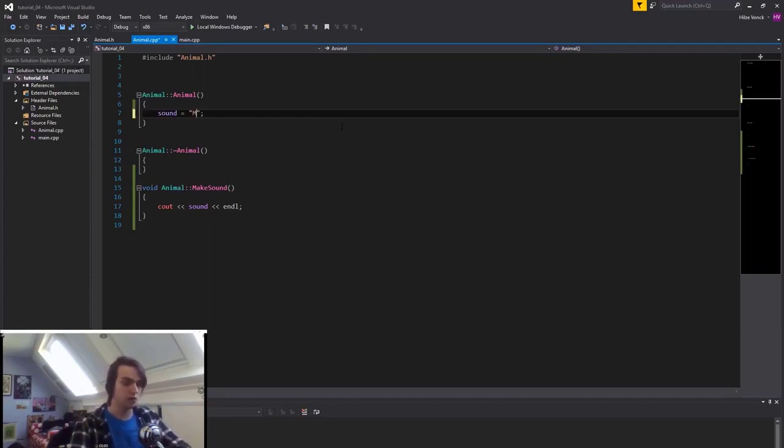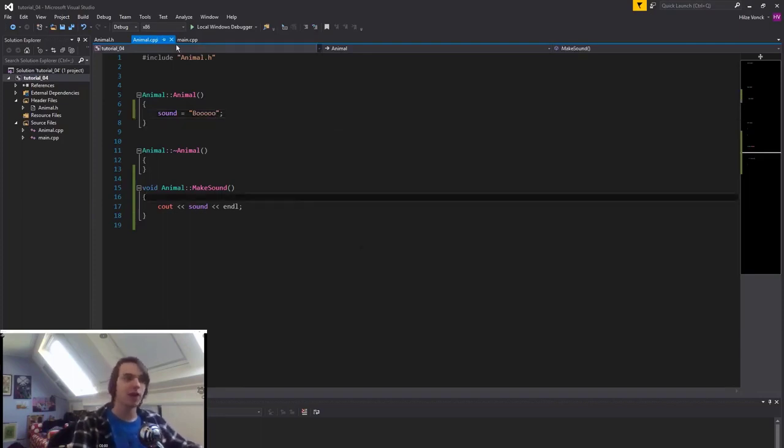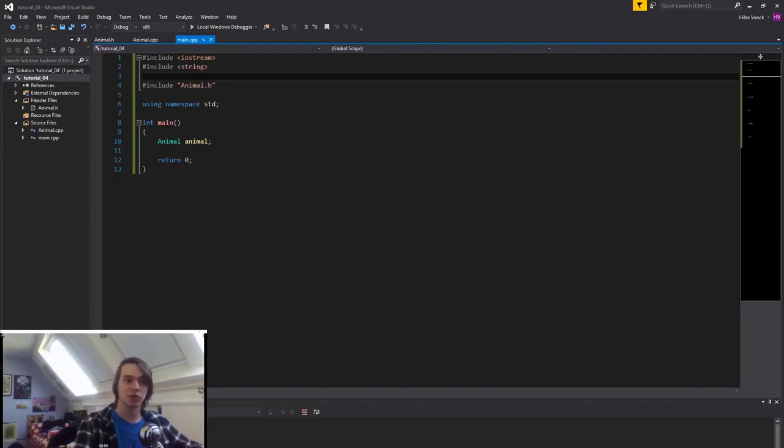So it's going to be, can I do that thing on my computer? No, so just a meh. Then the cow would work better. So boo. So we've created a sound,